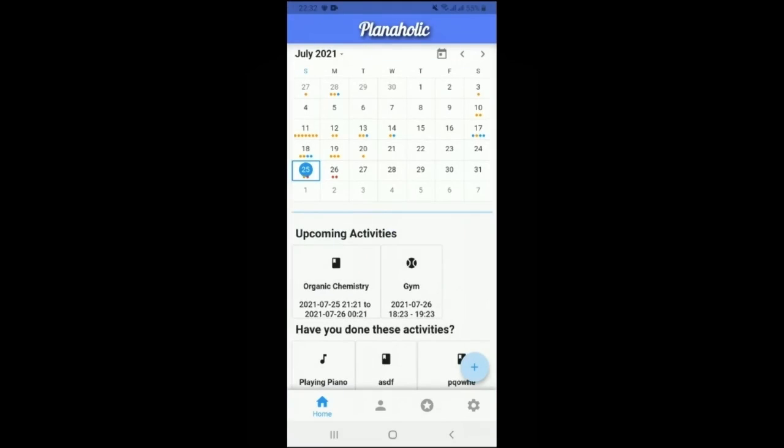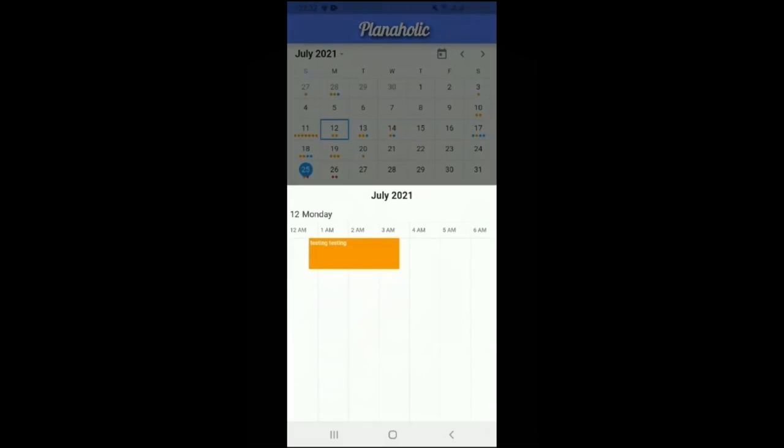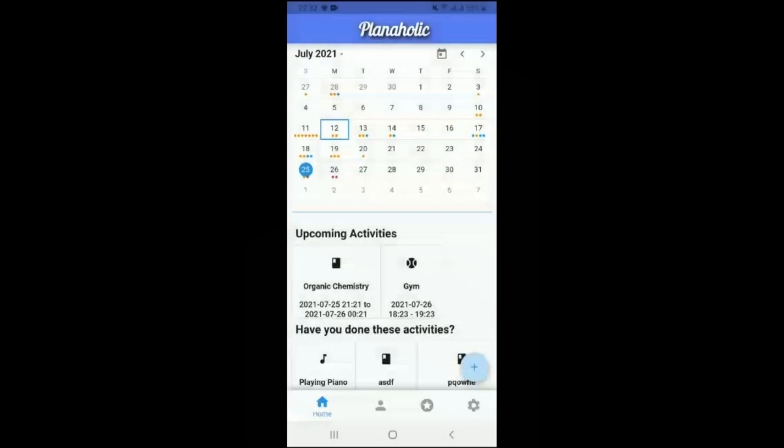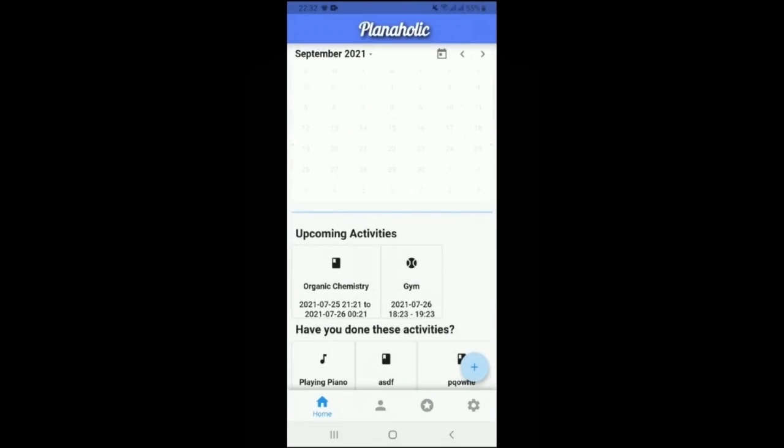On top of the home page, there will be a calendar that shows events as little dots, colored according to the event completion state. Upon long press, it will show the events of the day. To move from one month to another, users can either use the navigation arrow at the right-hand side or the month picker at the left-hand side. Pressing the Today button will redirect users to today's date.